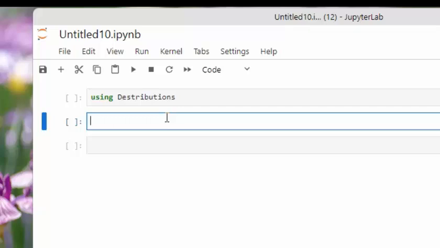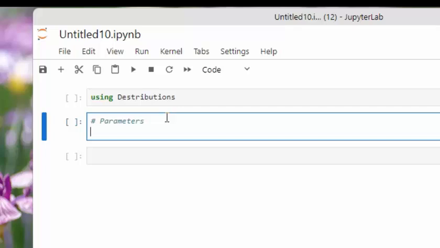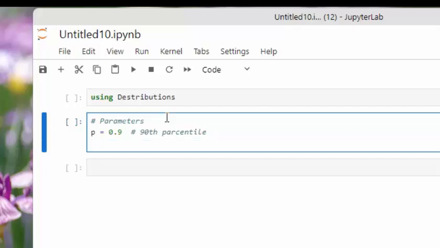So I want to define the parameters: p equals 0.9 as the 90th percentile,